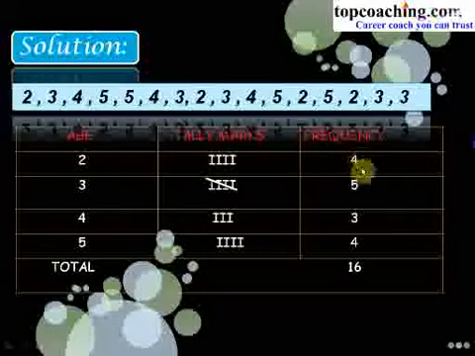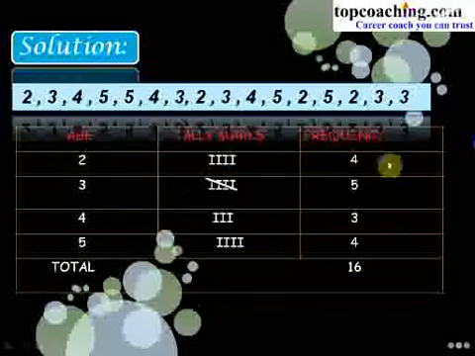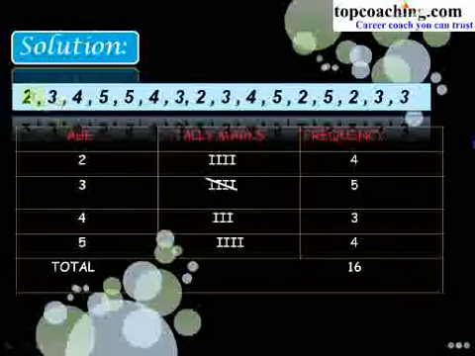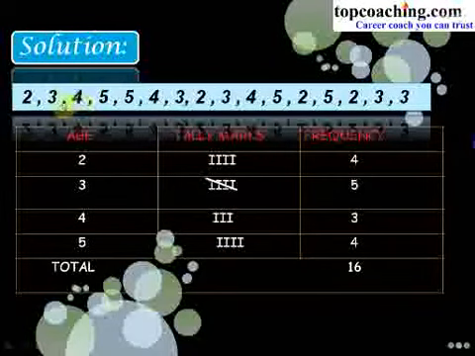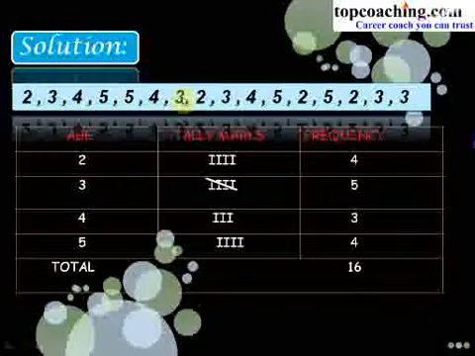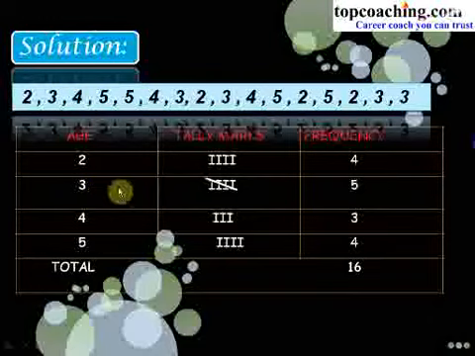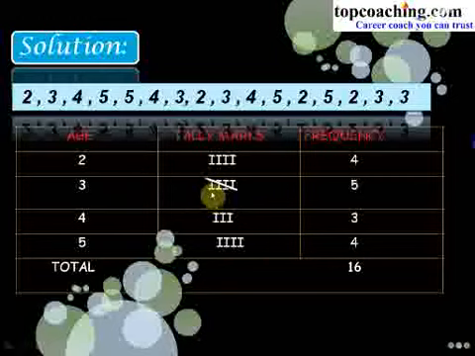So we put 4 over here in the column of frequency. Now for 3, if we count from the given series, we have 1, 2, 3, 4, 5. Total 3 occurred 5 times. So first we put the vertical bar up to 5.